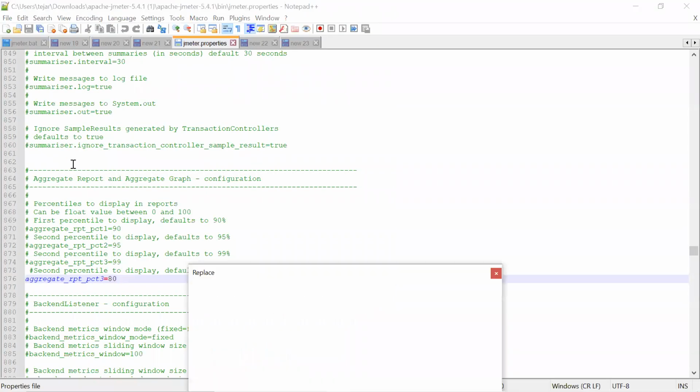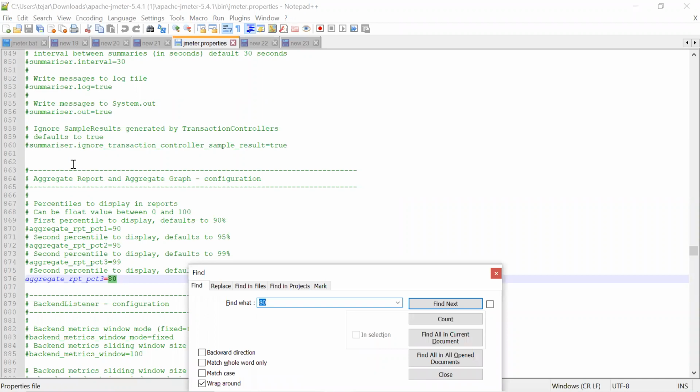Okay, and search for... I forgot that name.